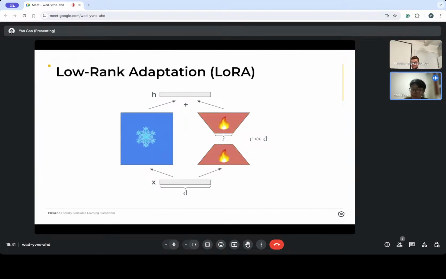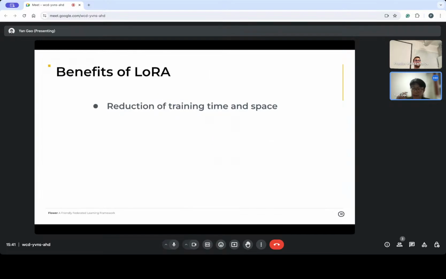During fine-tuning, the original model is frozen, and only the matrices A and B are trained. So this significantly reduces the number of trainable parameters, making the fine-tuning process faster and less resource intensive.